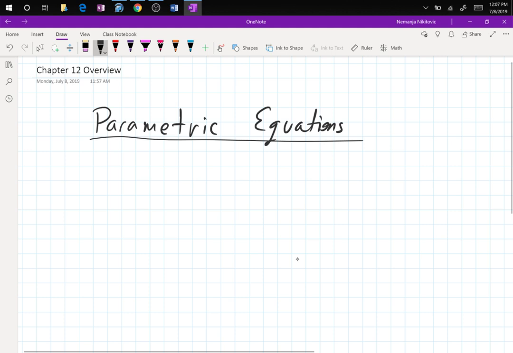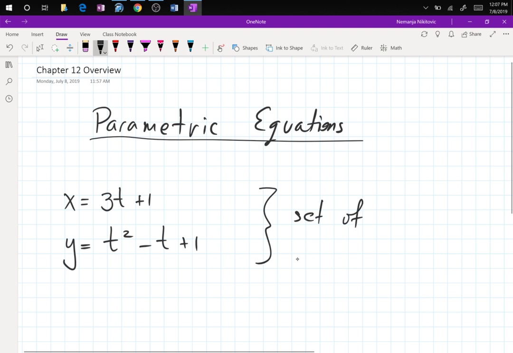So here is an example. Say you have an equation that says x equals 3t plus 1 and y equals t squared minus t plus 1, for instance, right? So this is what you have. So this is known as the set of parametric equations in 2D. Now 2D, in this class, we are going to use the capital R